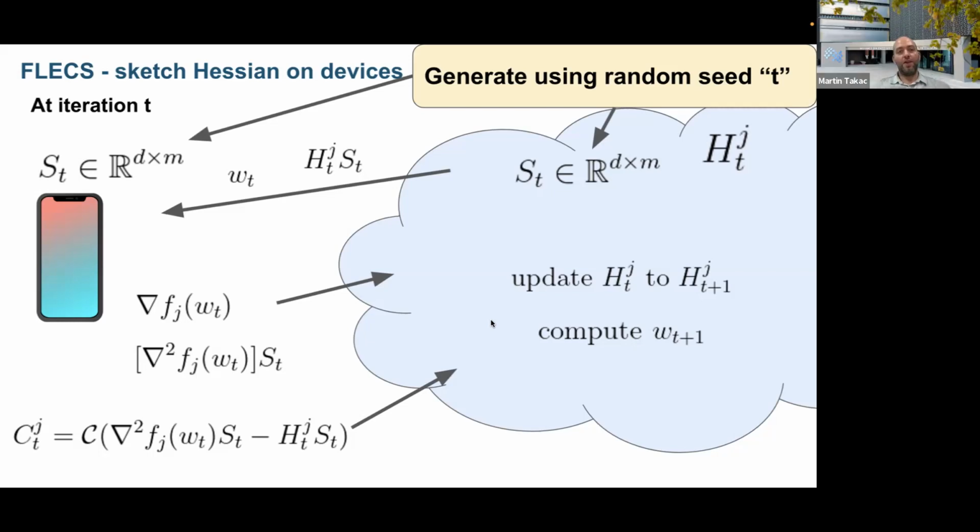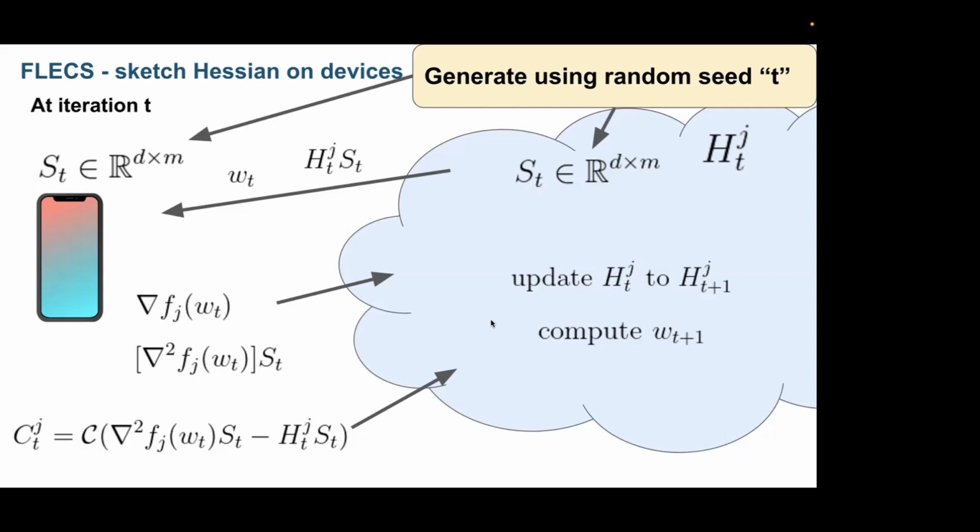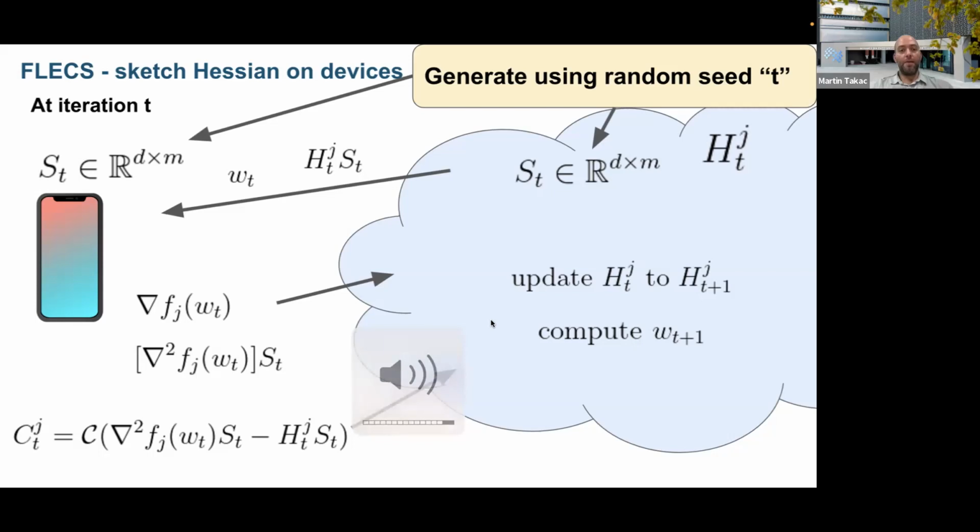M is almost just a memory parameter. When you have quasi-Newton methods, M is usually chosen as, say, 5 or 10. In my case, M is the size of the sketch matrix. Usually you will see in the results that M of 1 or 2 is good enough. As a user, I can select M as a constant, for example 5, but M should be constant, say 1, 2, or 4.